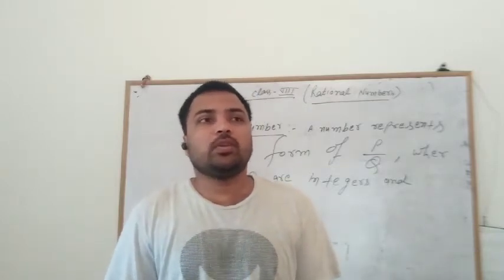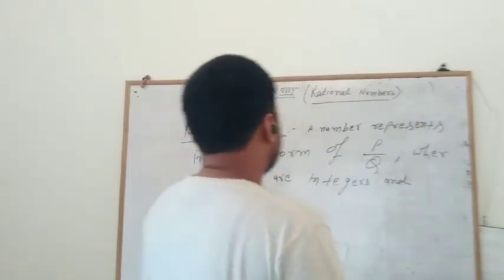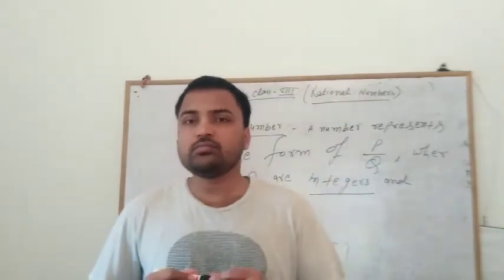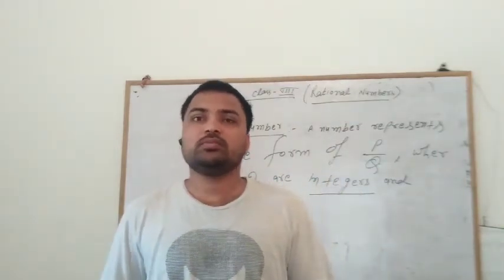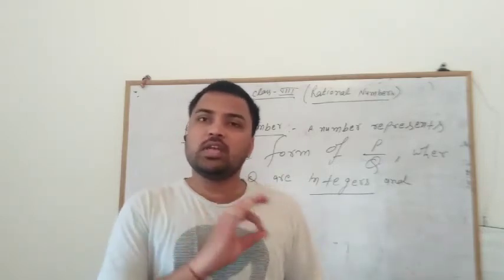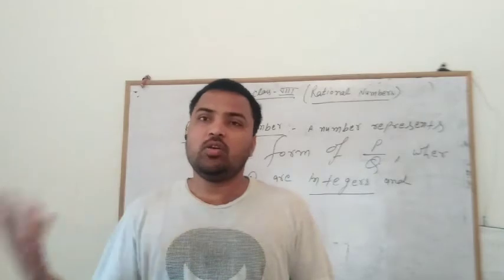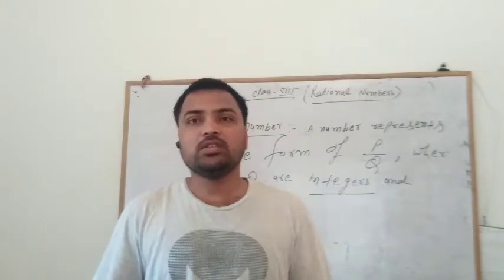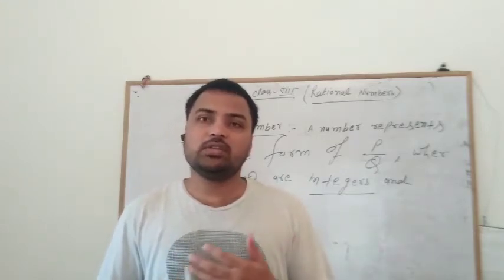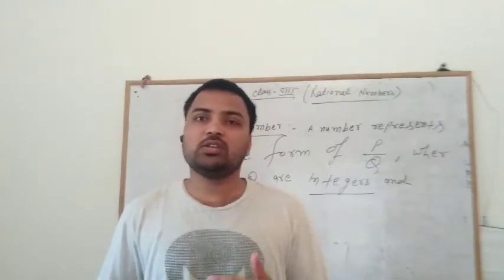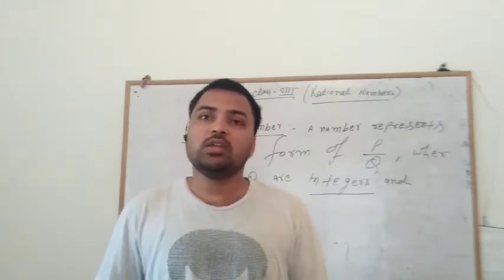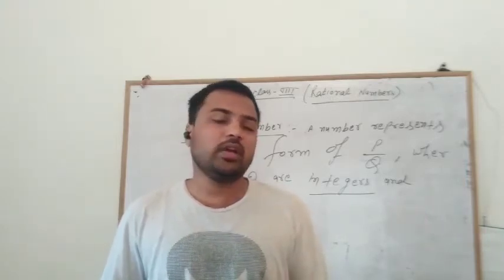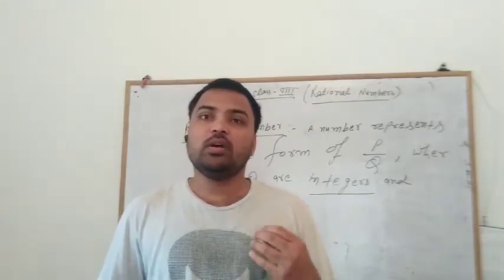Let's understand what integers mean. As we know, integers are all positive numbers, 0, and the negative numbers. That means the negative numbers and all whole numbers. Both whole numbers and negative numbers are combinedly known as integers. So if we take integers as part of a rational number, it means the rational number may be positive, 0, and also negative.